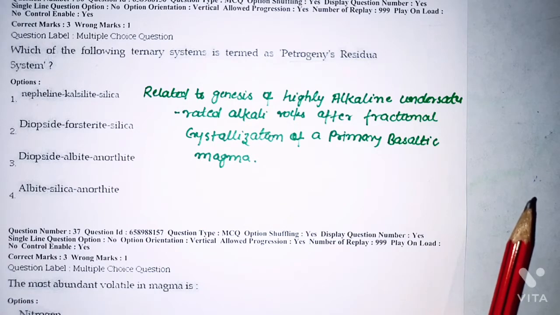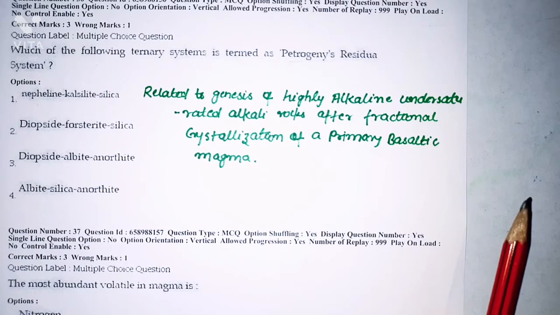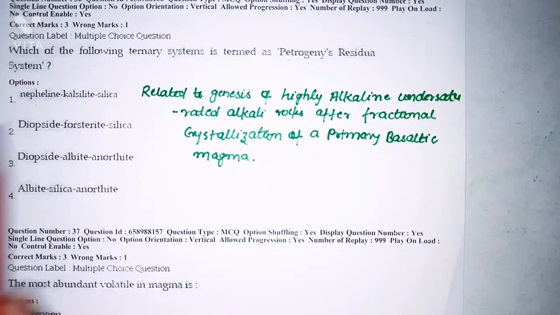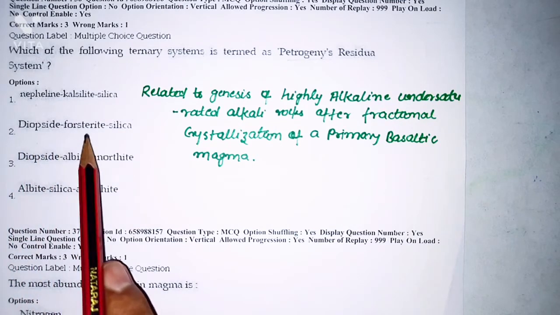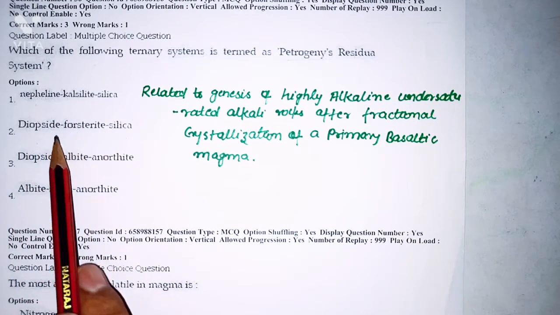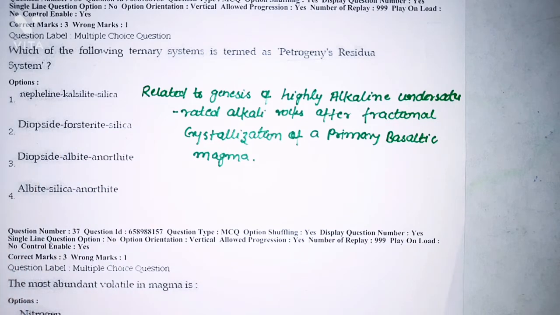He thus called the system petrogeny's residua system because it originated after the crystallization of primary basaltic magma, from the residual liquid. Okay, and since the residual liquid will be highly enriched with respect to alkali, alumina, and silica, it is termed as petrogeny's residua system, and this system is nepheline, kalsilite, and silica. While if you see diopside, forsterite, and silica, this may be undersaturated because these are ferromagnesian minerals, but this is not alkali. Okay, this is ultramafic, maybe belonging to mafic or ultramafic. Now,